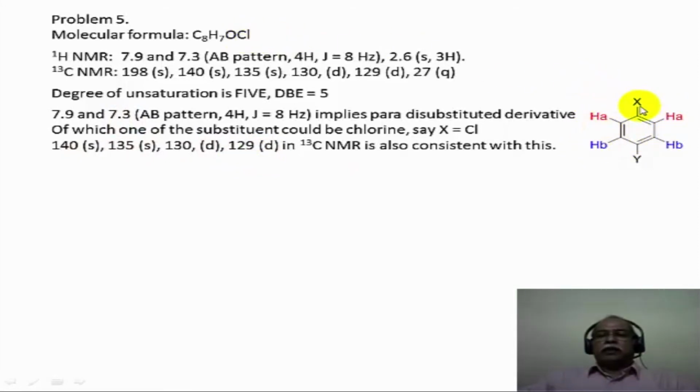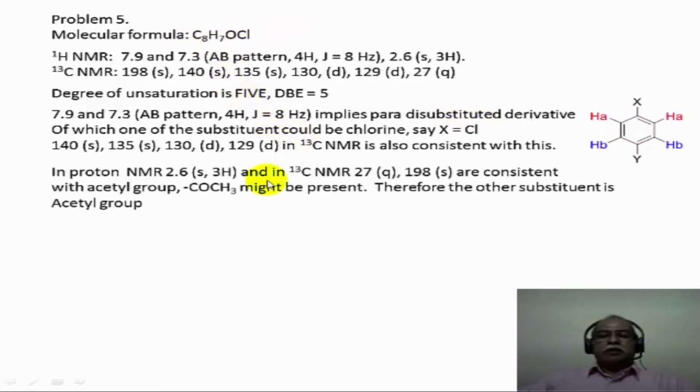One of the substituents is chlorine. You can confirm that, for example. And the other substituent, if you just subtract the C6H4 and the Cl from the molecular formula, is an acetyl substituent. Acetyl has its signature in the NMR signal at 2.6, and also these two signals in the carbon 13 spectrum, namely the CO signal at 198 ppm and the CH3 quartet at 27 ppm, essentially confirming the presence of an acetyl group.